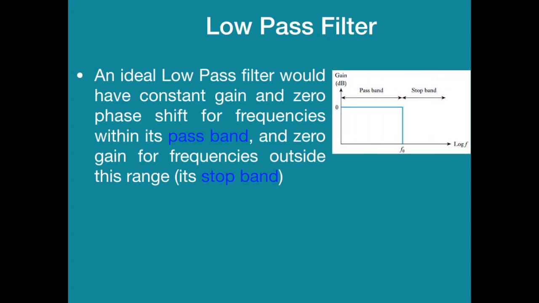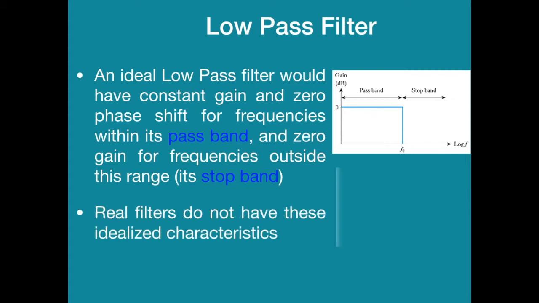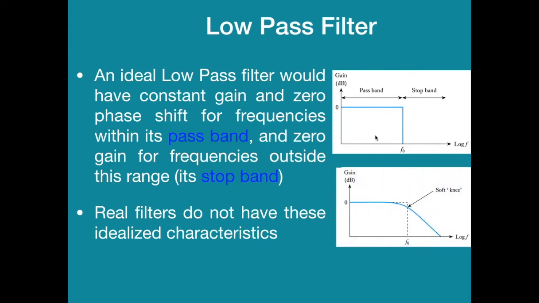You can observe here that for the frequencies up to this cutoff point F0, it offers unity gain, and as you cross this cutoff line, it offers zero gain, right? So this is an ideal low pass filter. Practically, this sharp cutoff is not achieved; the gain falls and a soft knee is observed. The gain falls with a slope to zero value, and of course this slope is determined by the circuit components.